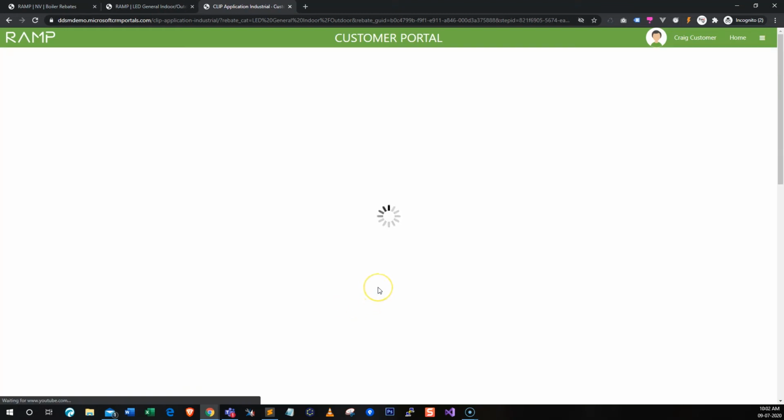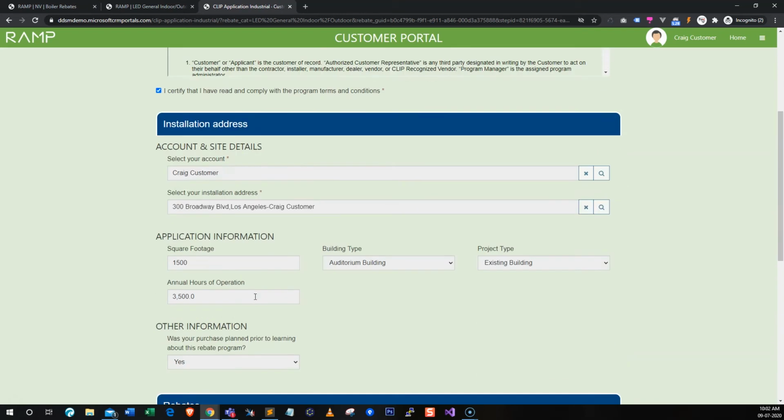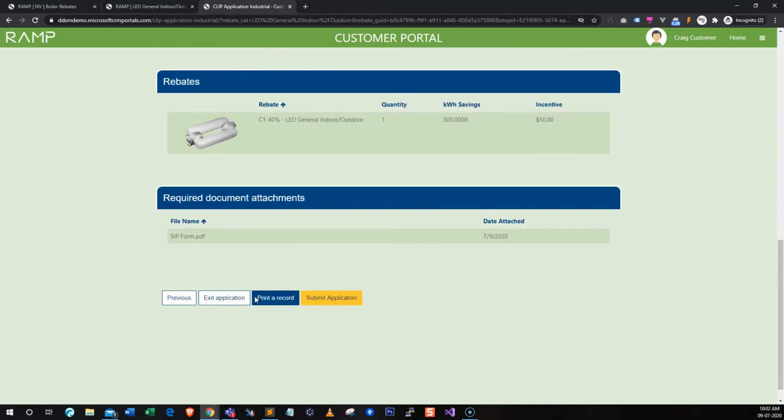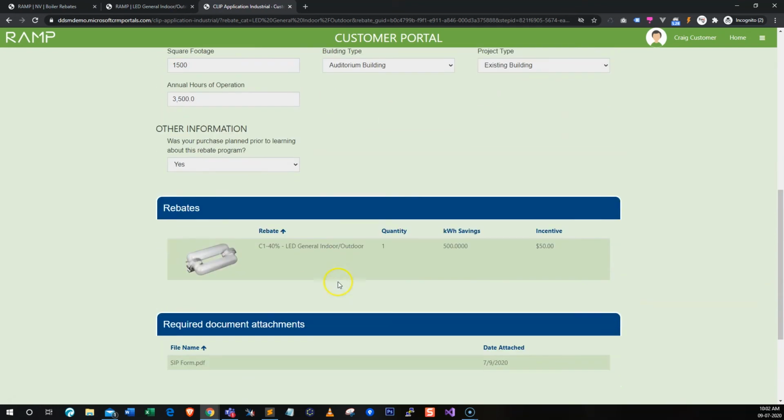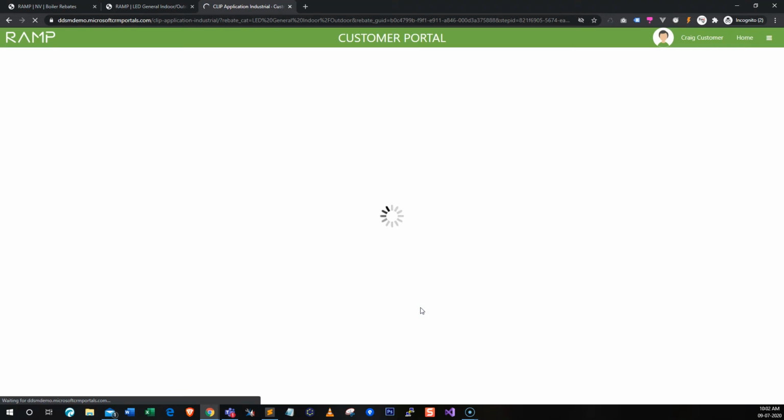I'll get stuck. So I'm on my final step now, review and submit. I see the terms and conditions. I'm going to select those. I can review the rest of the project and the rest of the application, all the different fields that I've entered, and I will submit the application. When I submit the application, it goes into the RAMP system,